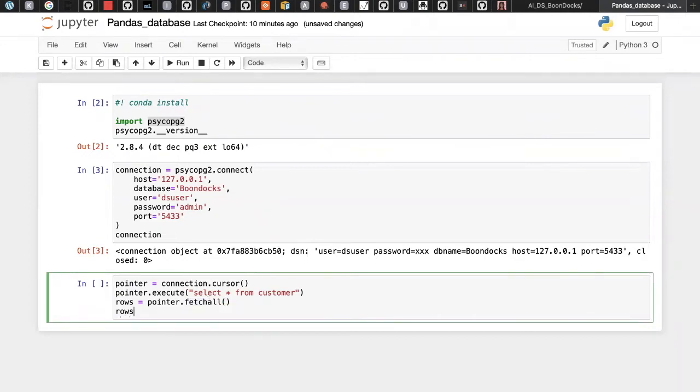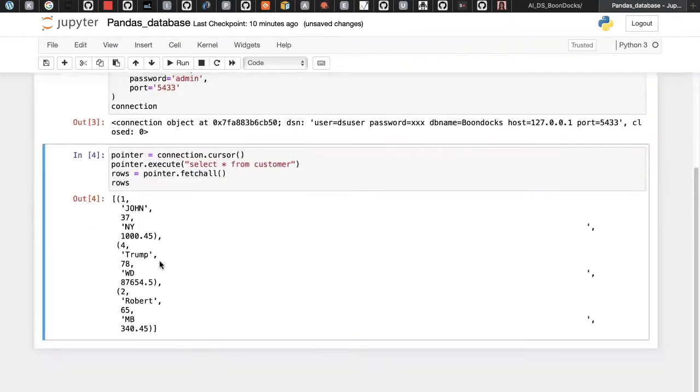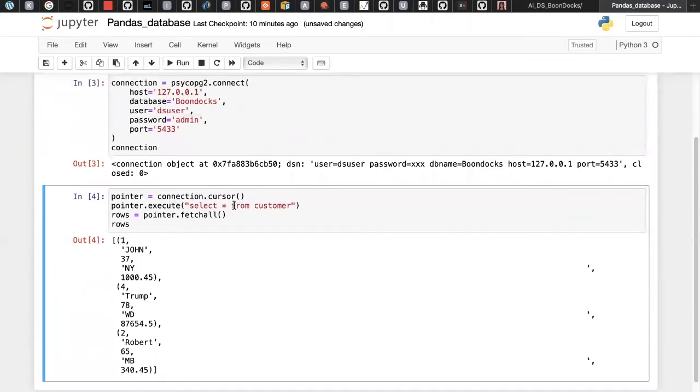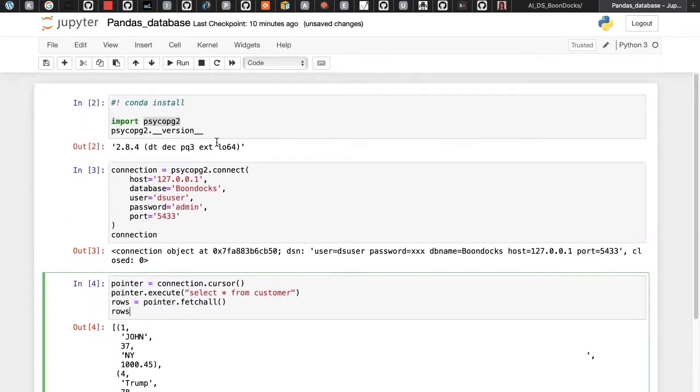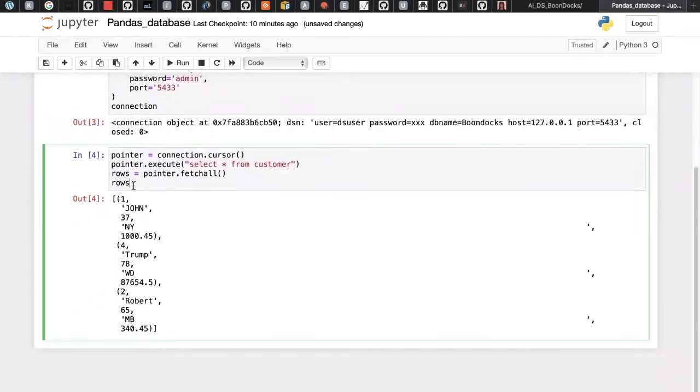There are 3 functions only to get the data. So to get the data here, if I go and enter, I got the data here, the rows. So basically I'm fetching the data from the database. Okay, fine. So basically what we are doing is retrieving the data from the database through the connections. This is how it is working. But the problem is, this rows is there, but I want to give this data to my